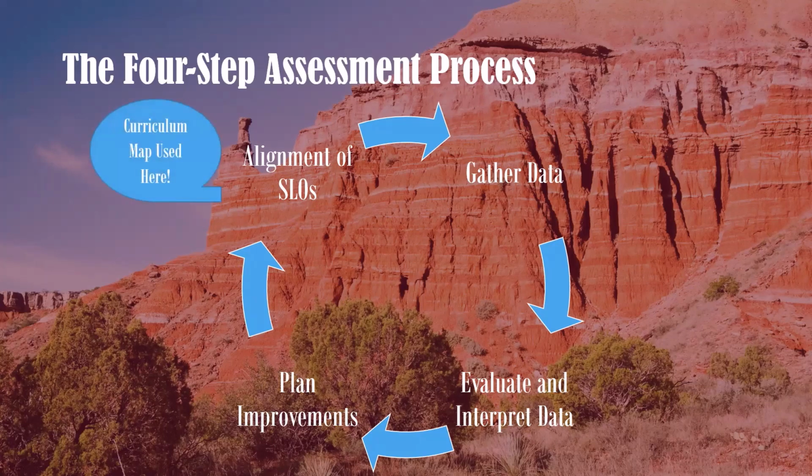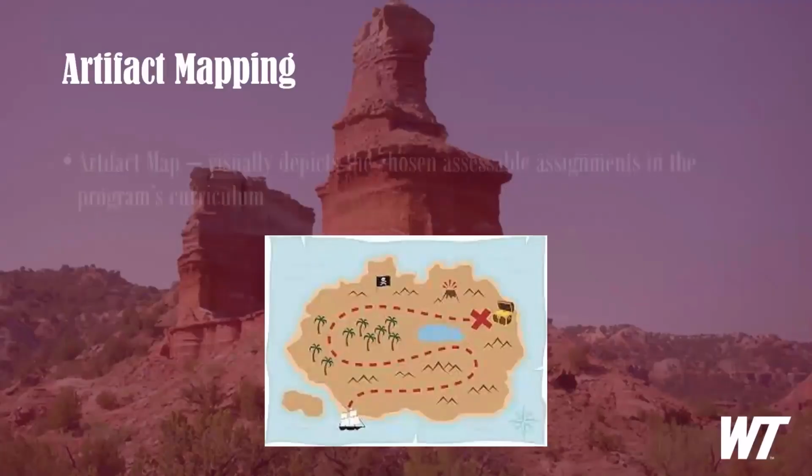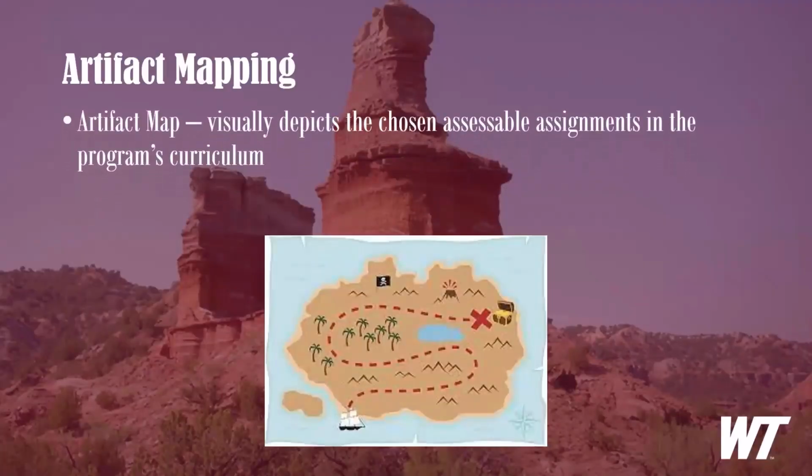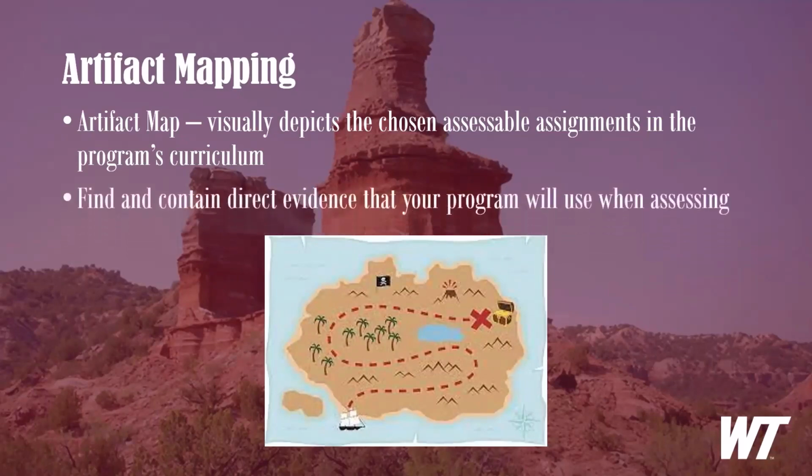However, how do you go about creating the plan to gather data? By using the curriculum map to create an artifact map. An artifact map visually depicts the chosen accessible assignments in the program's curriculum. It is very simple to create. One of the goals of an artifact map is to find and contain the direct evidence that your program will